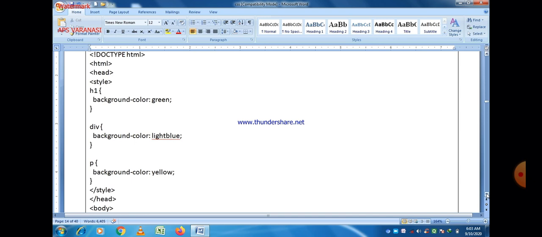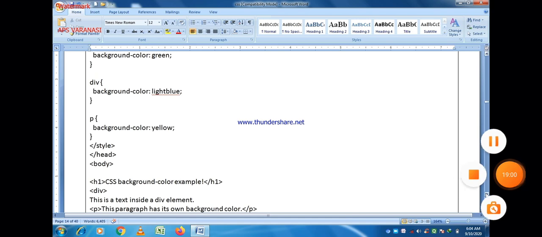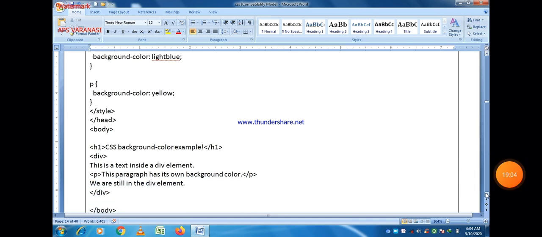So different background colors are there, and after that the main program starts from body.